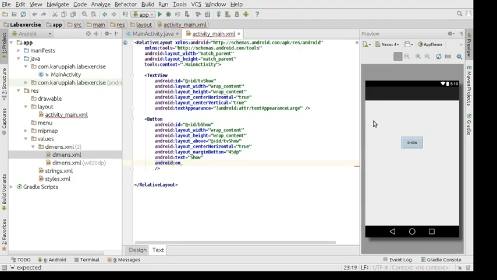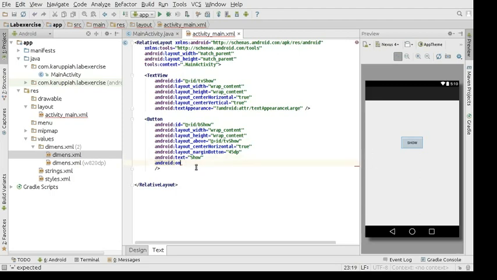The documentation says it represents a push button widget, and push buttons can be pressed or clicked by the user to perform an action. A typical use of a push button in an activity would be the following. It says about listeners, set on click listeners, view on click listener, etc. And here it says instead of applying all those listeners, you can simply use this on click attribute, and you're done. So this on click attribute, what does it do and how does it work? I'm just going to show it to you.